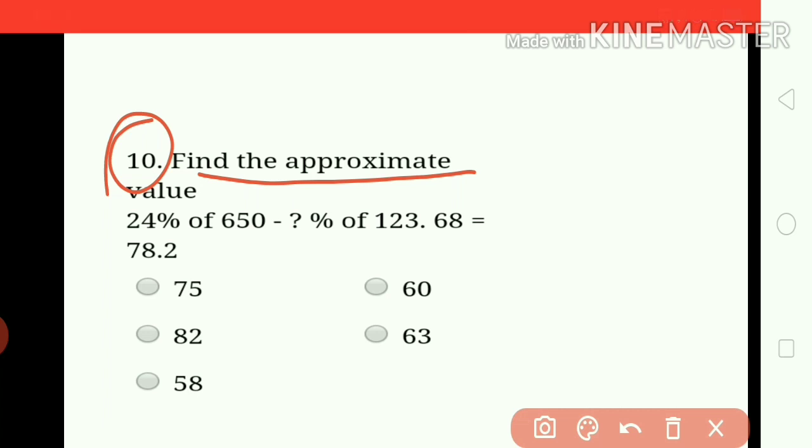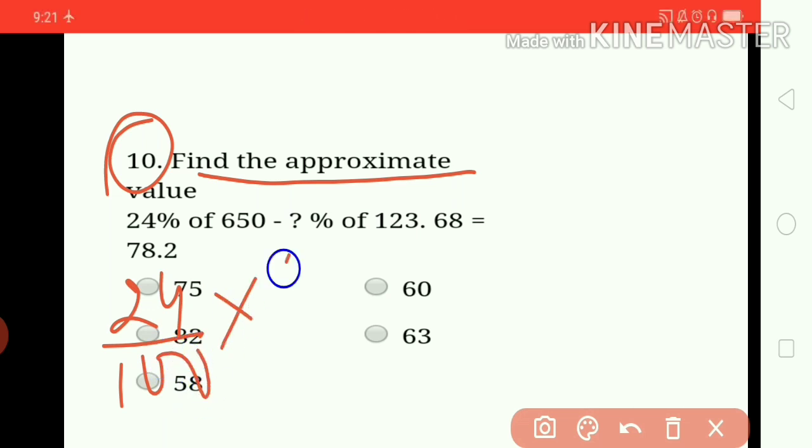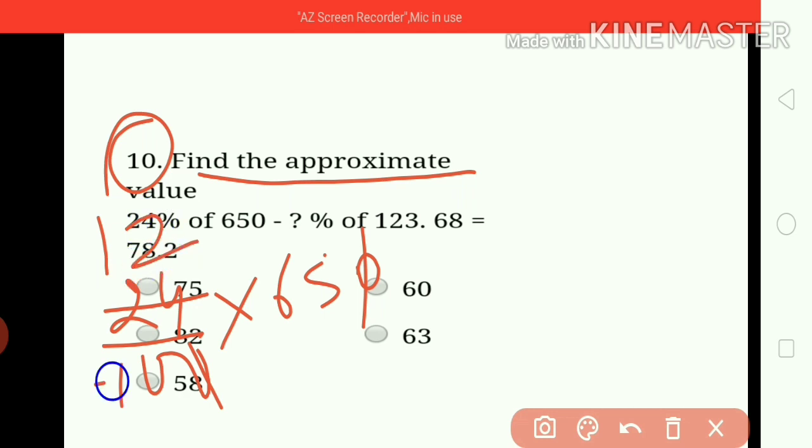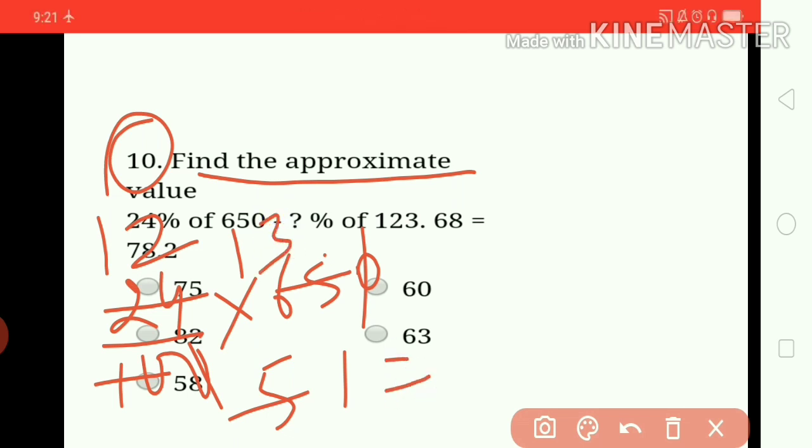So this is 24%. Okay, 24% of 650 you will find. So find it first, this part. You can cut this 0, you can cut it as also 2 ones are 2, 2 twos are 4, 2 fives are 10, 5 ones are 5 and 5 threes are 15. When you multiply 12 by 13, you will get 13 twos are 26, carrying 2, 13 ones are 13 and 2 is 15. So 156 is.